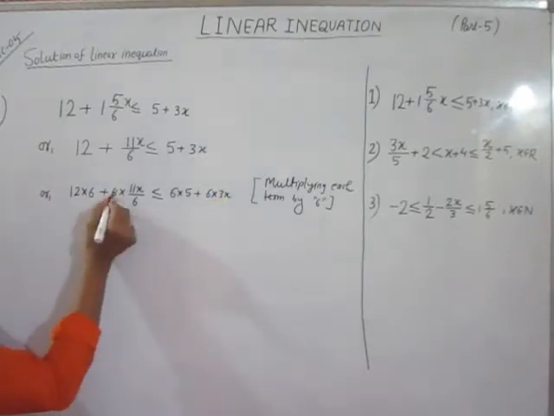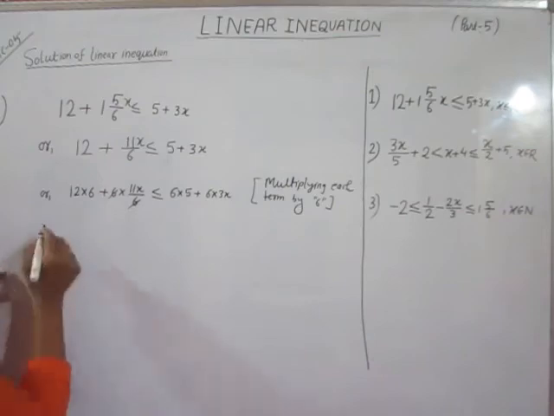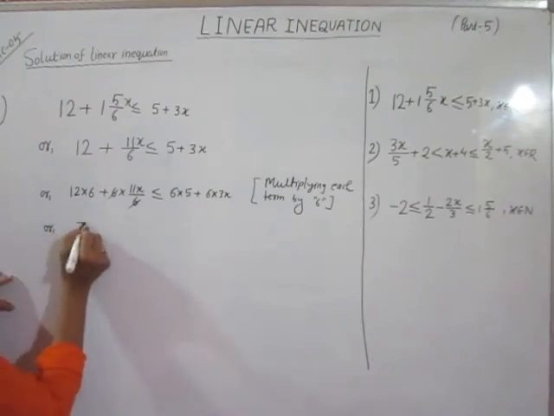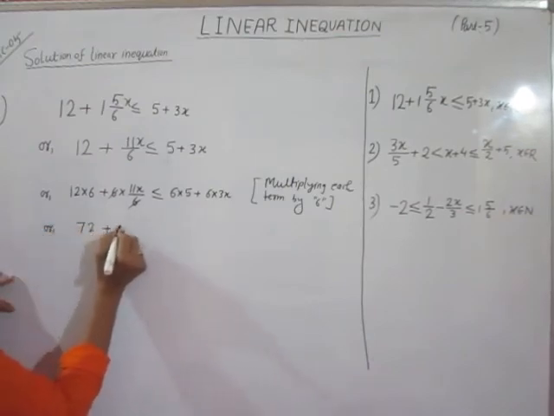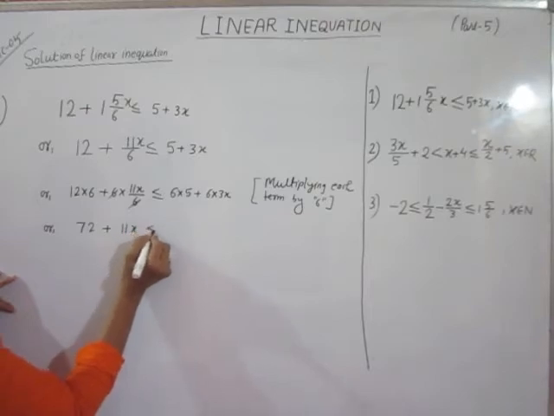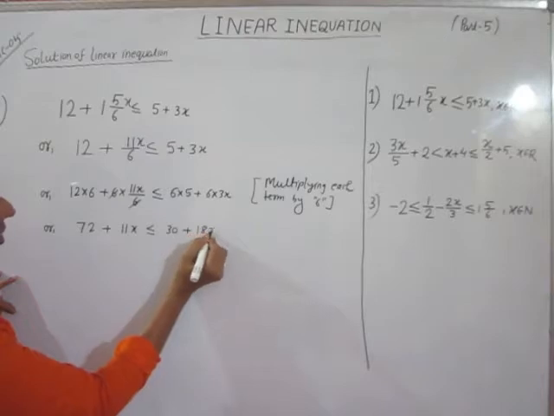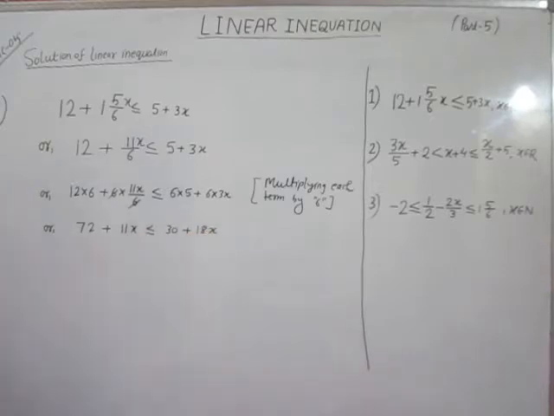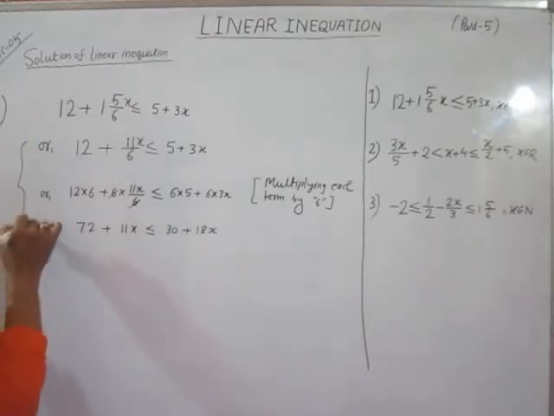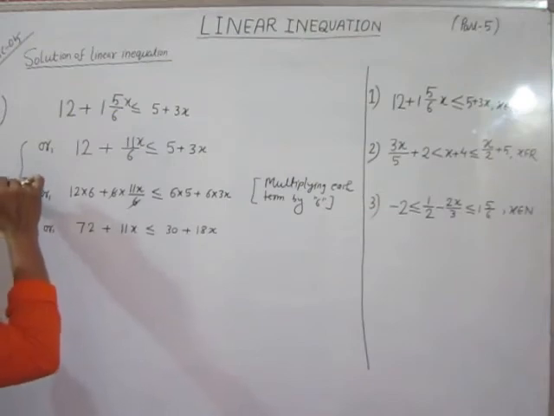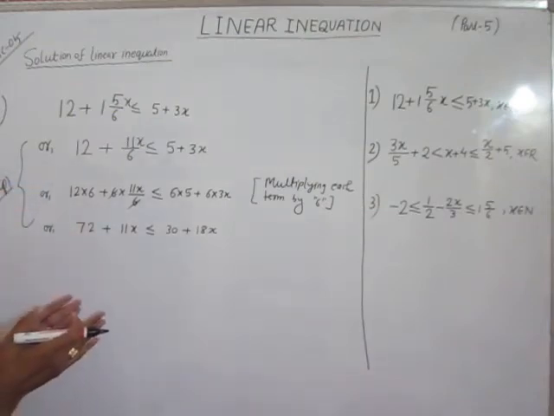Now this 6 will be cancelled, the fraction is removed. Now it will be 72 plus 11x less than or equal to 30 plus 18x. So this is our first step, removing of fraction. Now the second step is, we have to transfer all the terms having x towards one